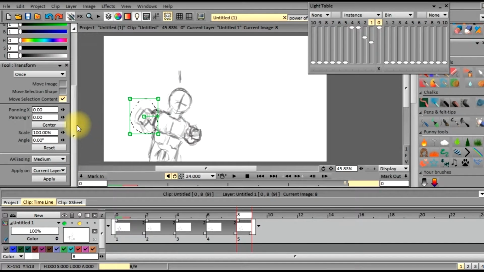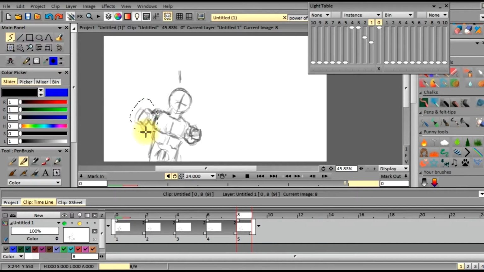And see, I'm trying to time it out. They say usually for regular action it's a 20% change in your drawings. It's kind of hard to determine what exactly is 20%, but it's enough of a change so you can notice that there is a difference basically. So his arm's coming out, so since it's extending, it's going to go up into his arm here. So we're going to take and erase this